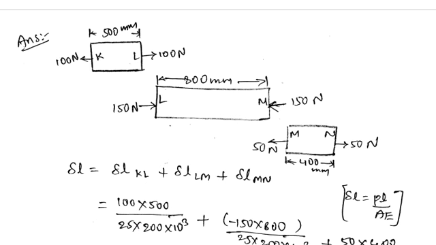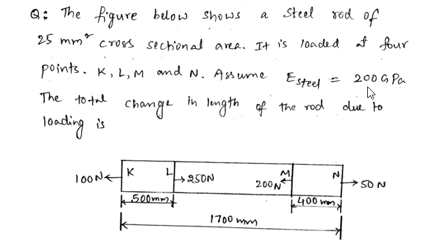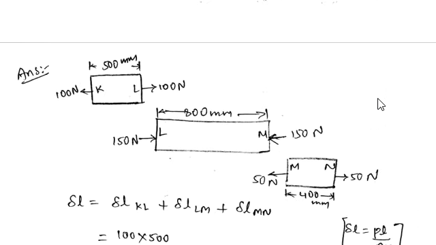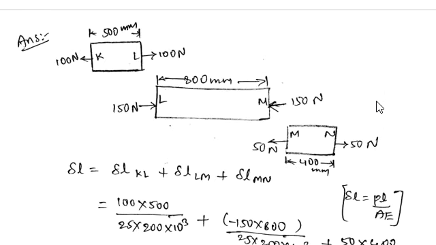So in the place of A you can write 25, and Young's modulus is given as 200 gigapascal, but you have to substitute in megapascal, or Newton per mm square. So to satisfy the units here, substitute this E value in megapascal. 200 gigapascal to megapascal is multiplied by 10 to the power of 3. So 200 into 10 to the power of 3 megapascal. If you require clarification, please refer to my previous video for these unit conversions.